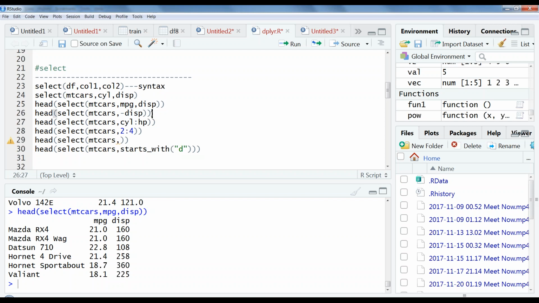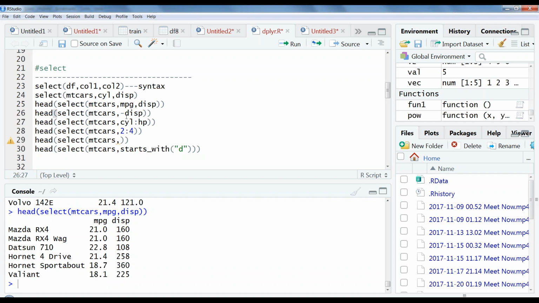Simply the data frame name and column names we provide, and we will get the result. Now suppose I have 10 columns. Out of the 10 columns, I don't want only one column. How we can achieve that is, we can either write select mtcars and write down all the 9 columns. That is one way. Instead you can write select mtcars minus the column which we don't want.